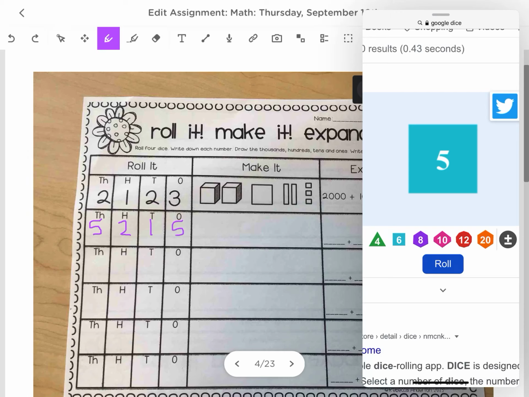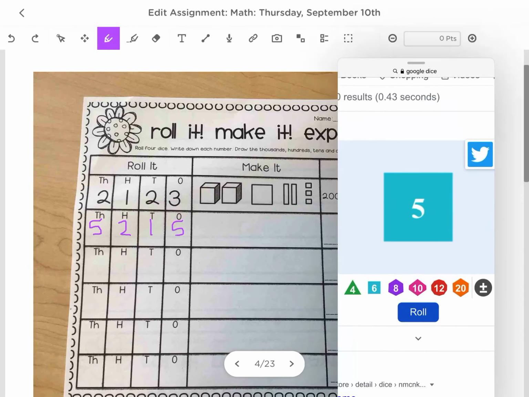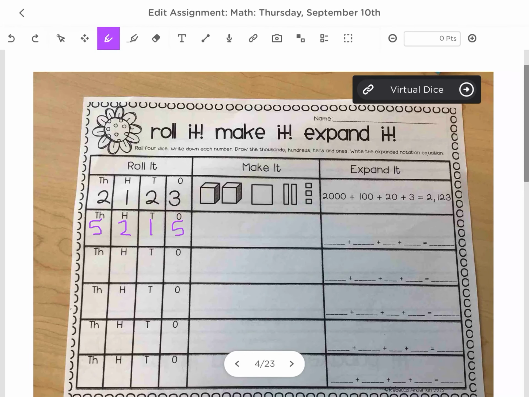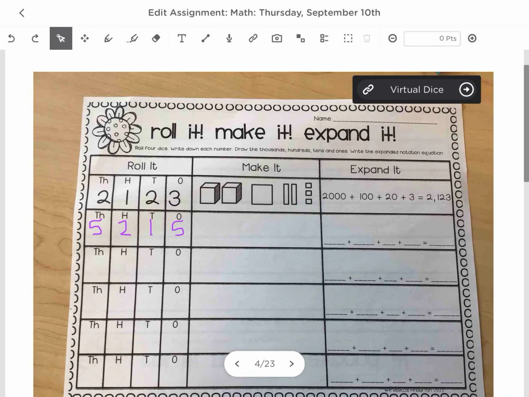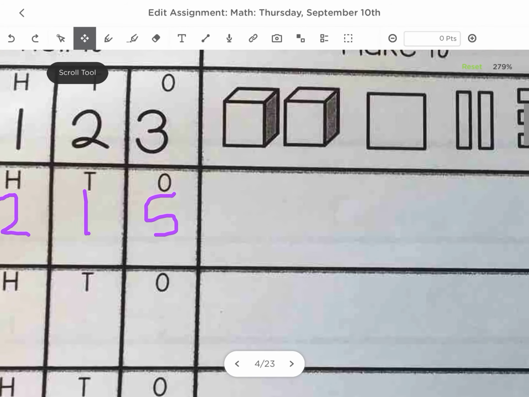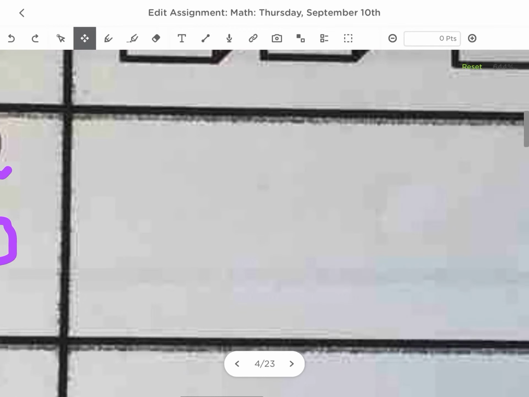Then I can get rid of this if I want to by clicking the little line at the top and sliding it to the side. And then I can make it and expand it. So that means I need to write 5 thousands blocks, and I can zoom in as much as I need to so I have enough space. It's 1,